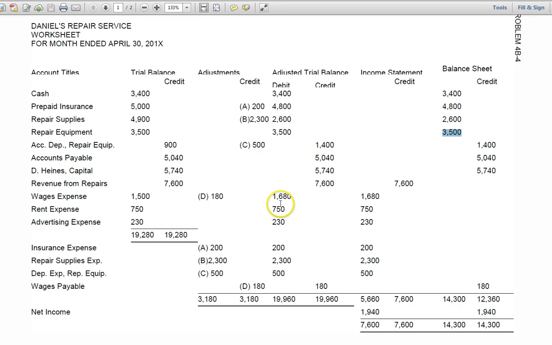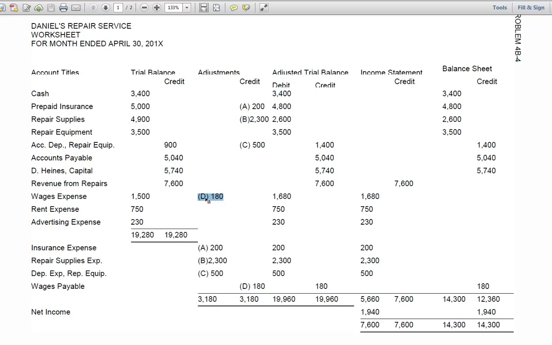Okay, so that's C, and then in D, we got some employees who've worked for us since the last pay period, but have yet to be paid for this $180 that happens to end on April 30th. So that April 30th is not a payday, but yet these guys have worked for us, and we owe them 180 bucks. And the theory, of course, is that you record expenses in the period that they are incurred, not